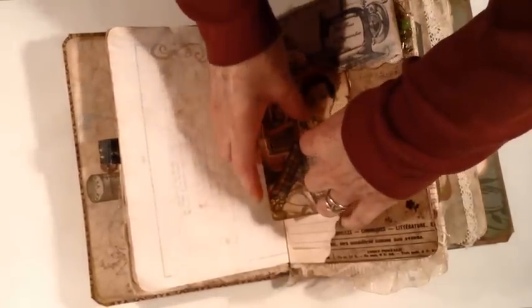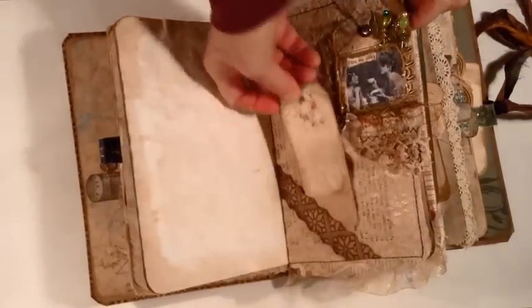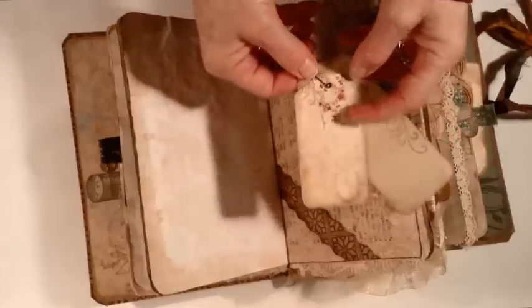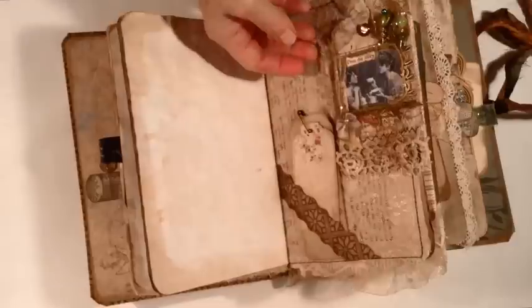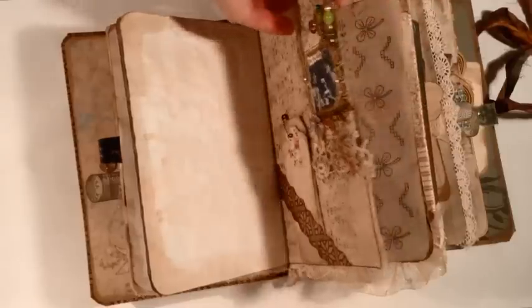Okay, pretty simply, except for when you're on camera. There's a couple little tags in this belly band. It's a little fabric and put together with a safety pin. This is my attempt to a collage. Excuse me, a collage tag, and it's